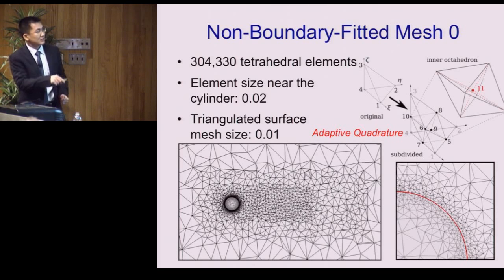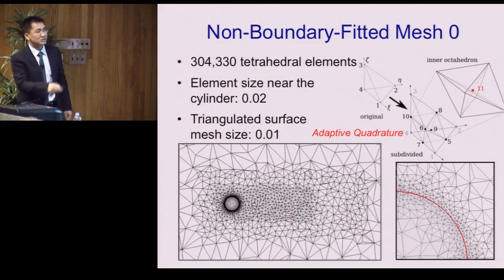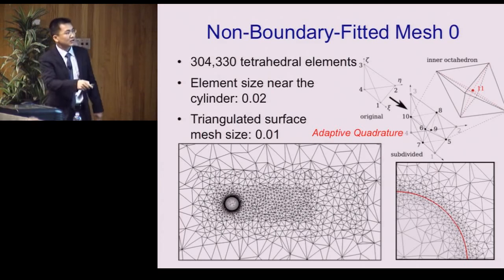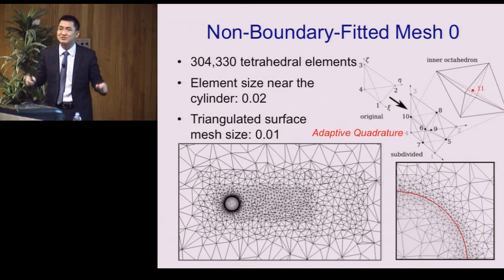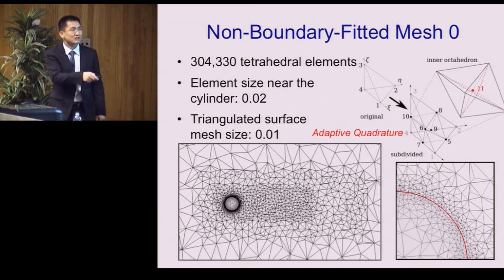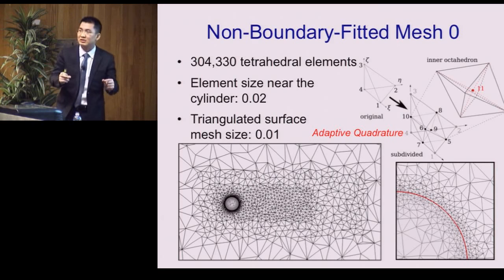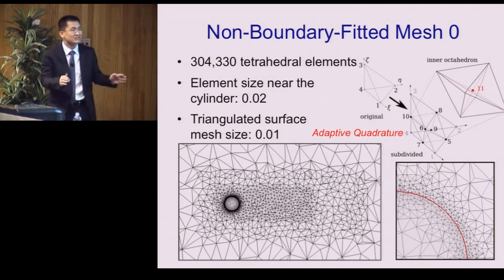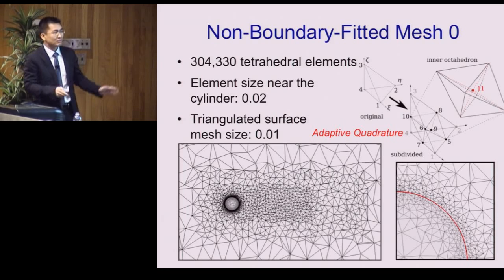We basically take the same sphere. Now we no longer match the boundary like what I did before. I basically just mesh it randomly. Okay, the mesh is allowed to just cross the boundary, go inside. You can do whatever you like, but of course it is suggested that you cluster your elements towards the boundary. So the boundary does cut through the elements, but you do have some concentration there, to resolve the boundary layers, of course. If you don't put elements there, then of course you are not able to capture anything. Okay, but the key is you have the freedom to mesh in a way that you don't have to match the